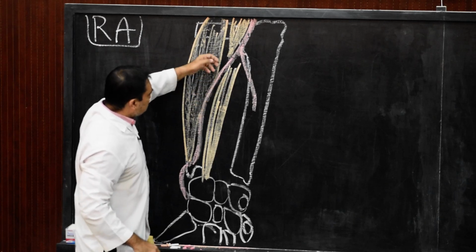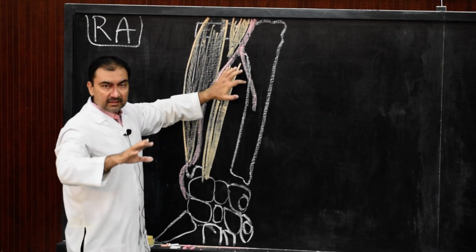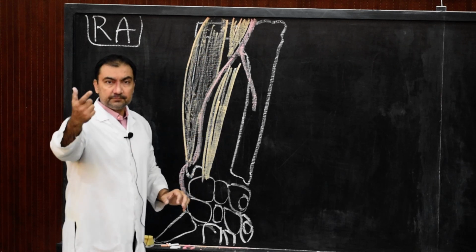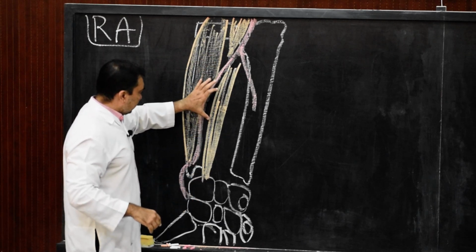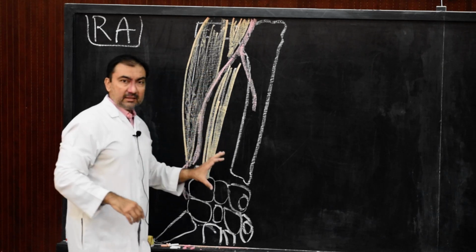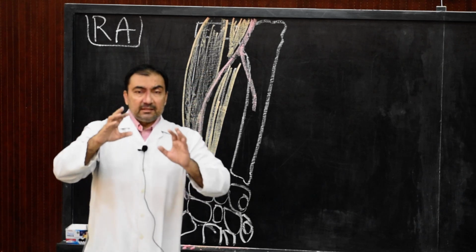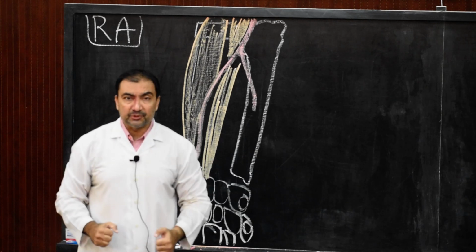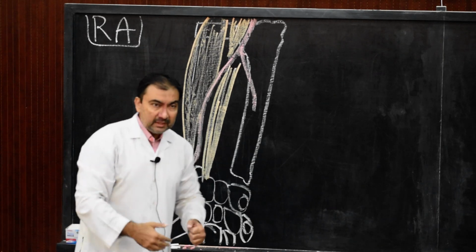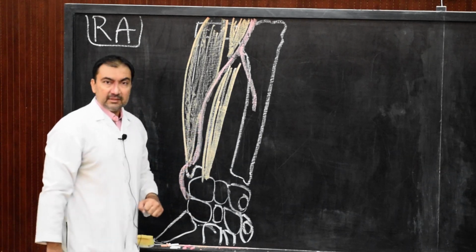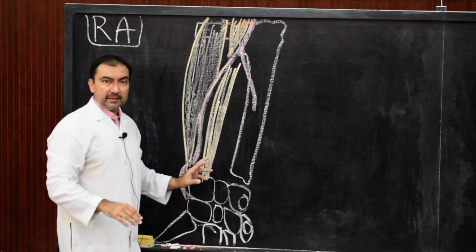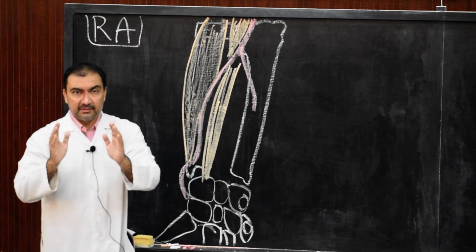What are the muscles? Deep to it will be, I am not going to draw over here, otherwise it will complicate this diagram, pronator teres. Then lower down, in the middle and the lower part, there will be flexor digitorum superficialis, the radial origin of flexor digitorum superficialis. Again lower down there will be pronator quadratus. So these muscles form the deeper aspects of the radial artery. Here we finish the relations.